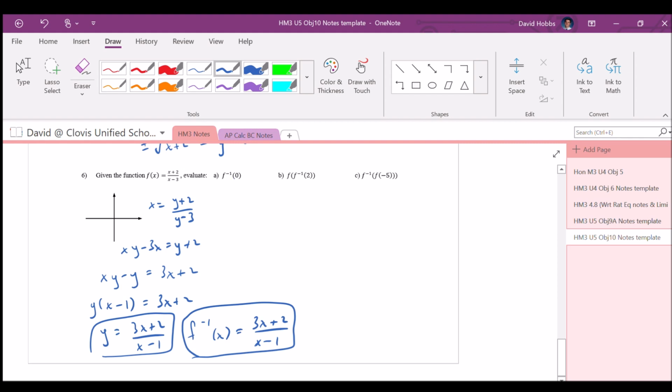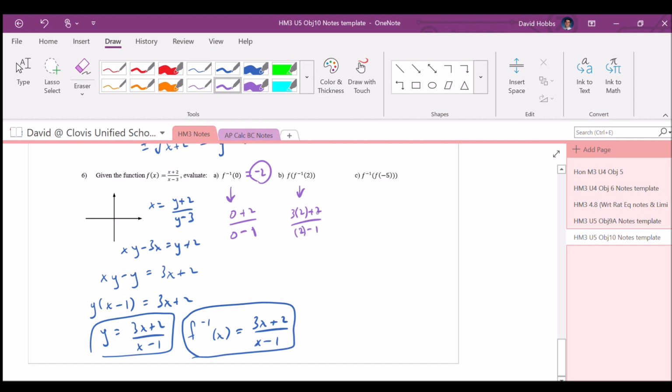Okay, so if I want to do f inverse of 0, all I'm doing is plugging in a 0 to my function f inverse. So I've got 3 times 0 plus 2 over 0 minus 1, which is 2 over negative 1, which is negative 2. Okay, f of f inverse of 2. So let's do the f inverse of 2 first. So f inverse of 2, 3 times 2 plus 2 over 2 minus 1,